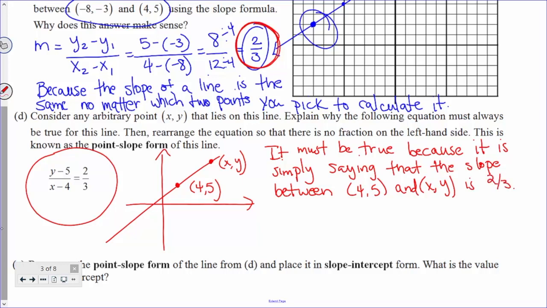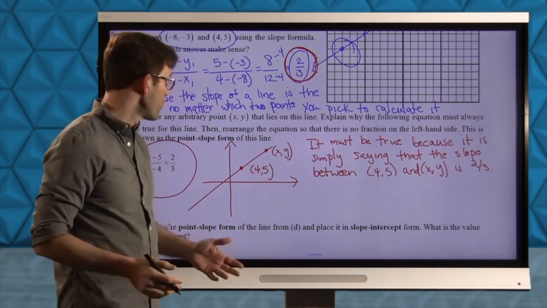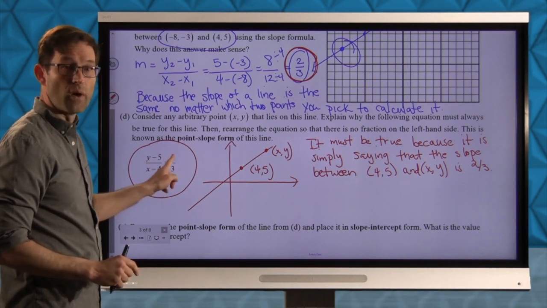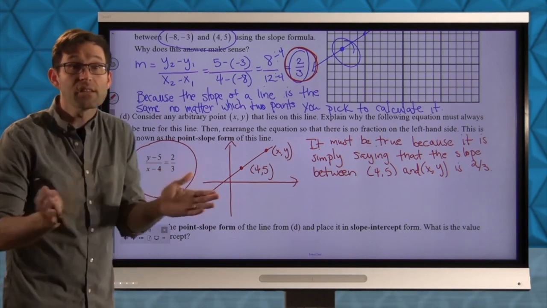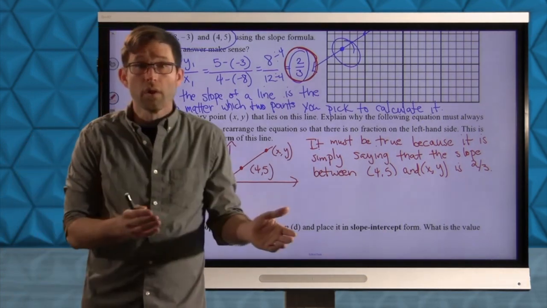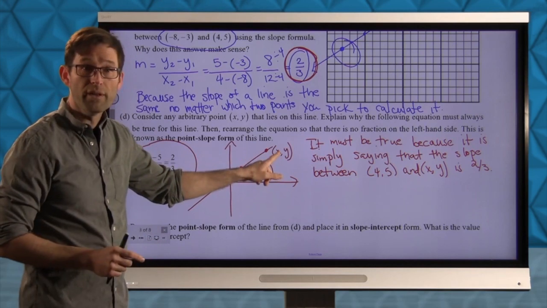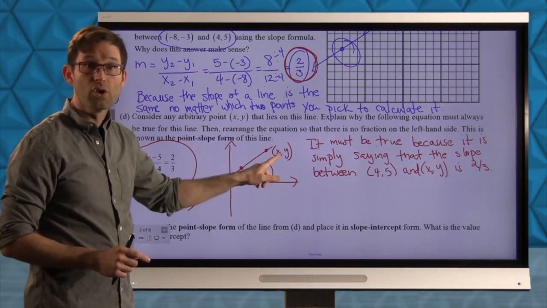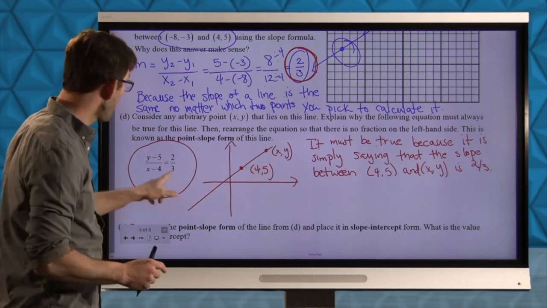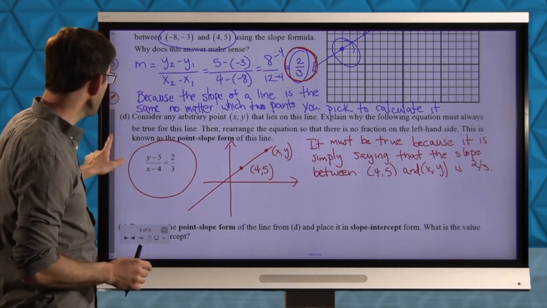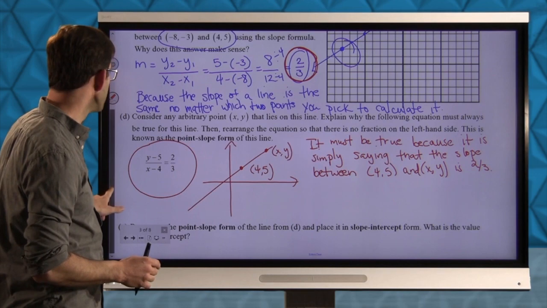That's it, right? y2 minus y1 over x2 minus x1 is 2/3 on this line. On other lines that wouldn't be the case, but on this line, if I pick any point x, y off of it, and I calculate the slope between this point and this point, I must get 2/3. And therefore I can now take this and rearrange it a little bit to get rid of the